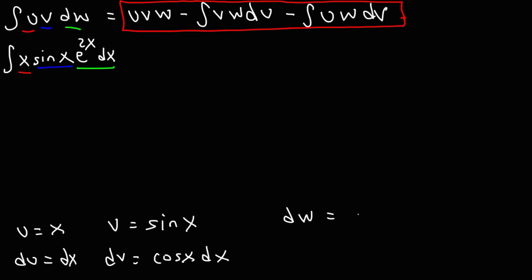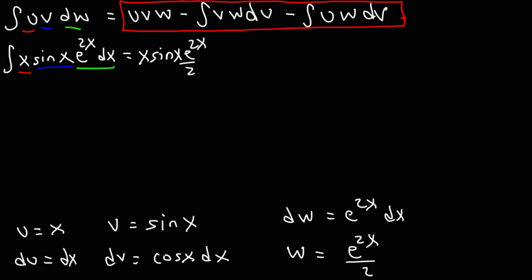dw is e to the 2x dx. The antiderivative of e to the 2x is going to be e to the 2x divided by 2. The derivative of 2x is 2. So now this is going to be uvw, so that's x sine x times w, which is e to the